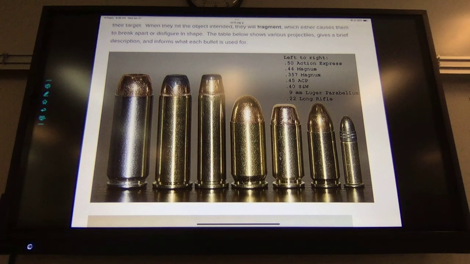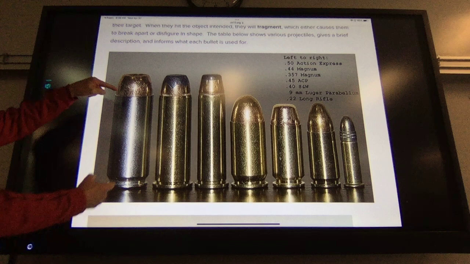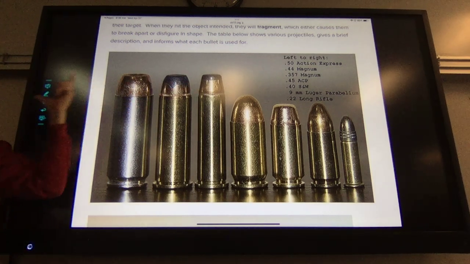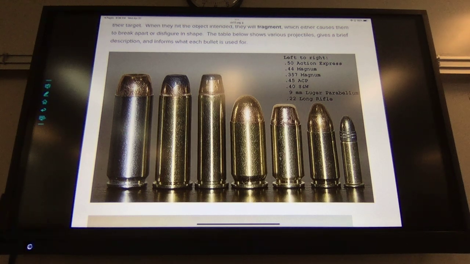In our next class, we're going to be analyzing the actual bullets themselves. So here's the cartridge, and this is just the bullet sitting right up at the top. The diameter of the bullet is going to match basically the diameter of the weapon, and so this is called the caliber of the bullet. You'll also weigh these on a scale, and sometimes they're the same diameter, so you go after how much metal